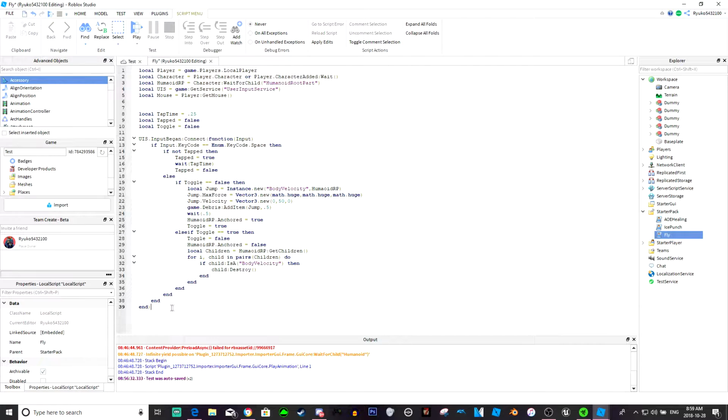Now we could make this pretty advanced, but I'm not really gonna make this that advanced. So we're just gonna do user input service.InputBegan:Connect function input, if instance input.KeyCode equals